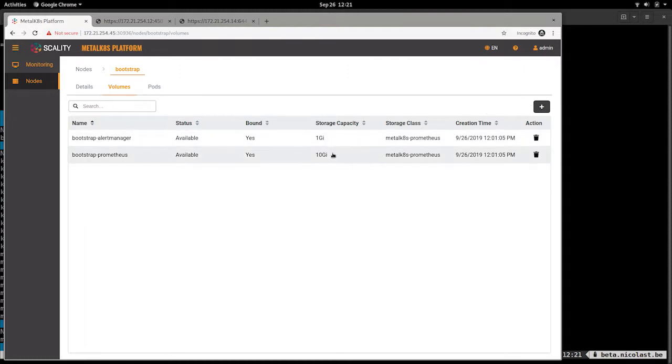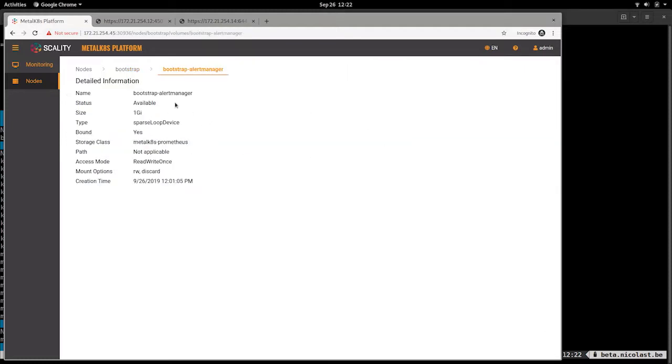So this is a list of the volumes that exist on this particular node, because unlike in general in Kubernetes you use attached storage, so storage is not attached to a particular node. In our case, because it's disks that sit in a node, we tie those together. You can take a look at what's their size. In the test environment we use sparse loop devices,